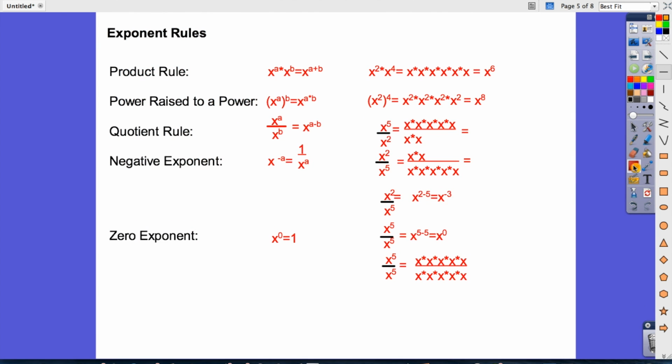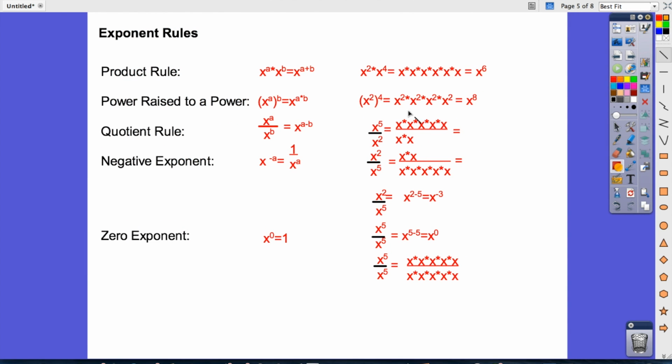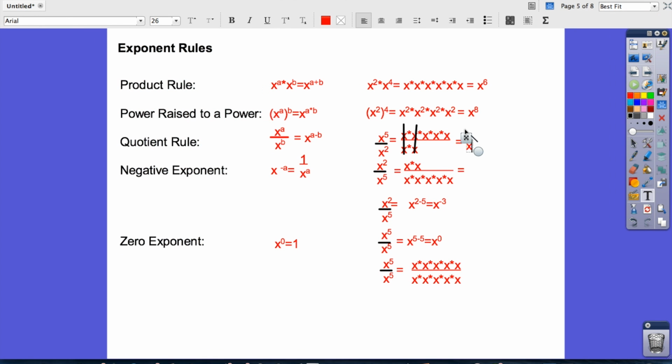And then what we're going to do is cancel out like terms. So we have x squared and x squared, 1 on the numerator, 1 on the denominator, and we can simplify. That gives us x to the third power. Again, notice that the top problem,